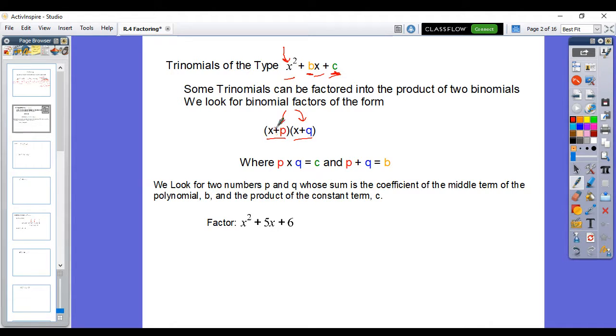Now, what's important about this is these positions here. These numbers are in this spot. If I were to multiply the value of p with q, I get that value c in this spot. But if I were to add those 2 values, I get this value b in this spot, this linear term. So looking at this, this is our b, this is our c. So I'm looking for some value p times q. It gives me the value of 6, and that same value p plus q gives me the value of 5